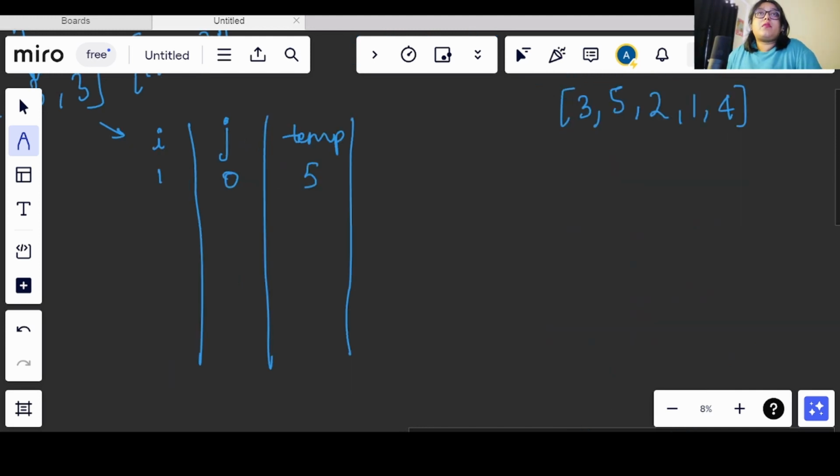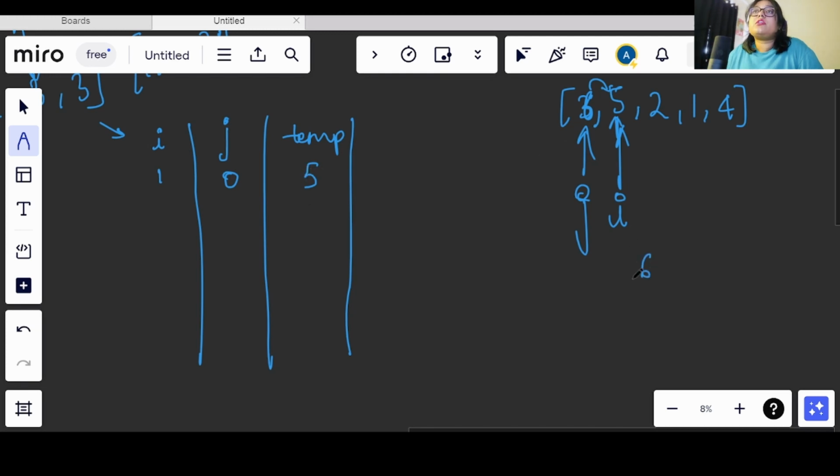Now we have the temporary variable, we have I and j as required. Okay, I have written the array here. Now since we are inserting, we are taking this I and j, fine. Now if I am inserting this value, let's say we had 6 here. Okay, so if we are comparing, then this 6 should be put here on the first index, and the 0th index should carry 5, right? So now if I am inserting this value here at the ith index, the value that we had will be getting lost. So to avoid that, we are having a temporary variable.